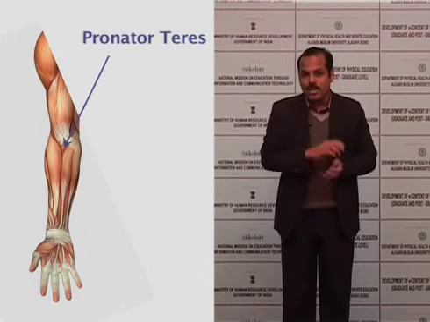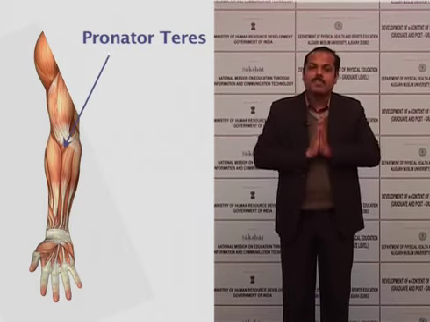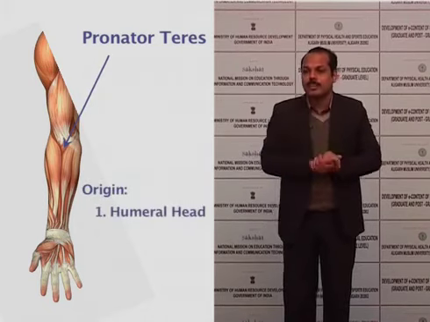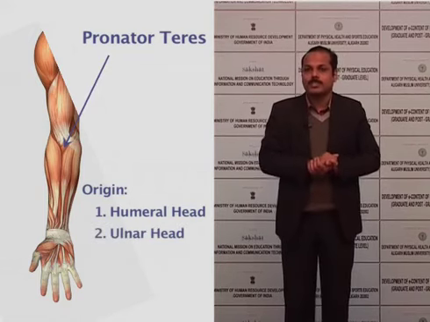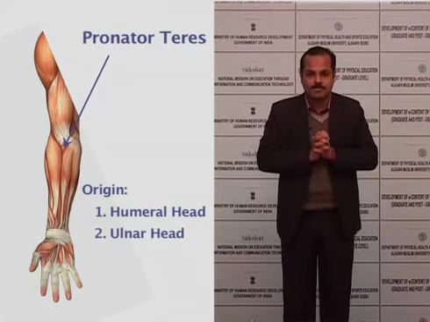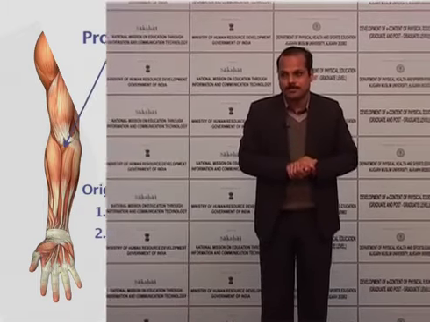the forearm. Along with that, it flexes the elbow also. This muscle has 2 heads. Origin is from 2 heads, one a humeral head and the second a ulnar head. The humeral head starts from the common flexor origin, the medial epicondyle of the humerus. The ulnar head starts from the medial border of the coronoid process of the ulna. Then it comes down and is attached to the lateral aspect of the shaft of the radius. Its nerve supply is from the median nerve, C6 and C7.